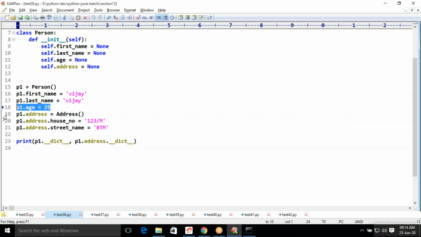The last field is a class type, so define an object for that. By using that object, assign house number and street name. Then print the dictionary through P1, and print the dictionary of address through P1.